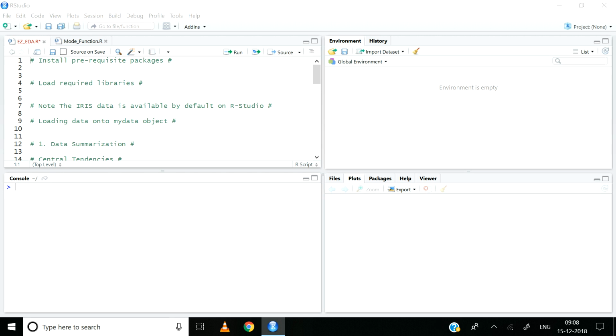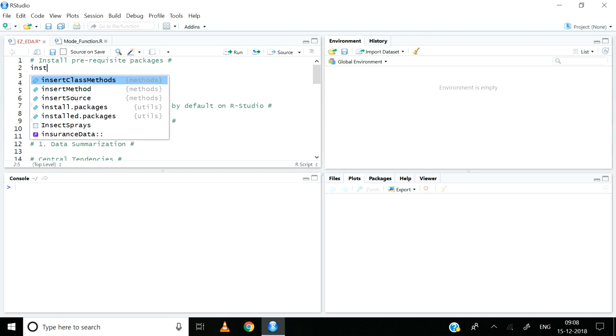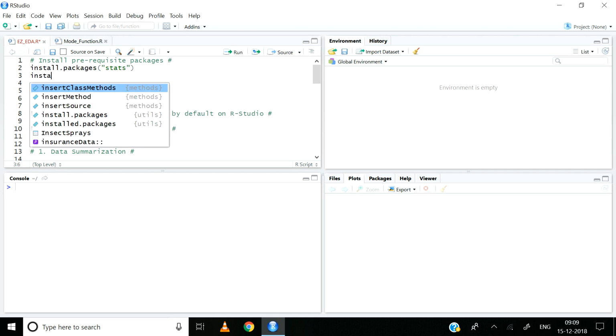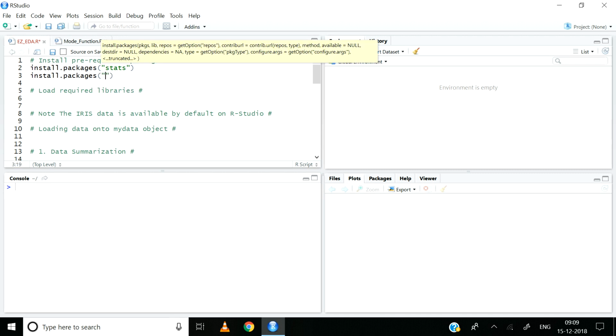We will now go to the scripting window, which is the top left quadrant. First, let us install the relevant packages that are a prerequisite to exploratory data analysis. I will use the install.packages function for that. So, install.packages stats, install.packages dplyr, and then